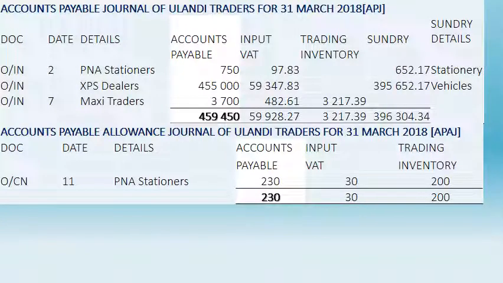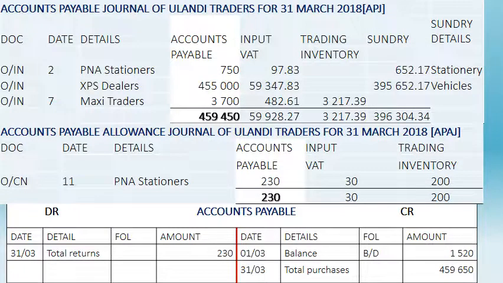These two journals, being the accounts payable journal and the accounts payable allowances journal, were extracted from the previous lecture. In both journals, we have a column for accounts payable. These two at the end of the month were posted into the control account in the general ledger as follows. We open up the accounts payable. Remember that accounts payable is a liability on the accounting equation. Therefore, the opening balance of the accounts payable was shown on the